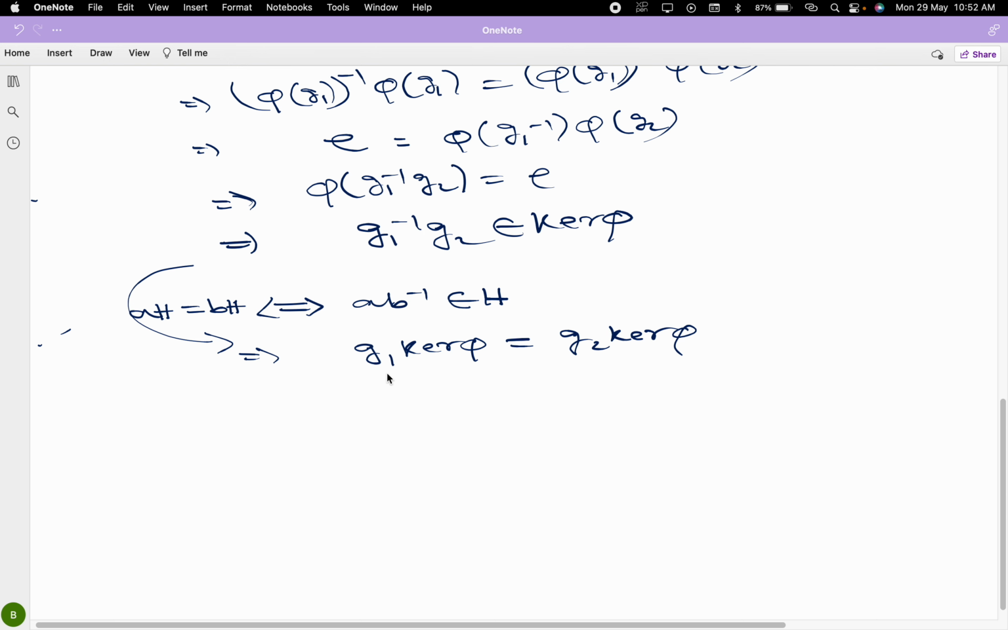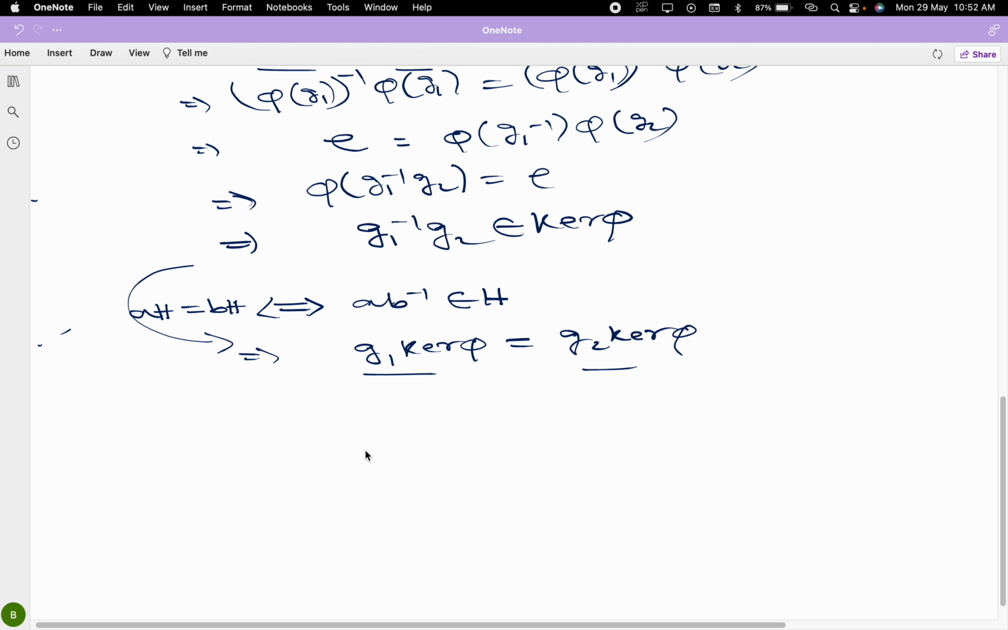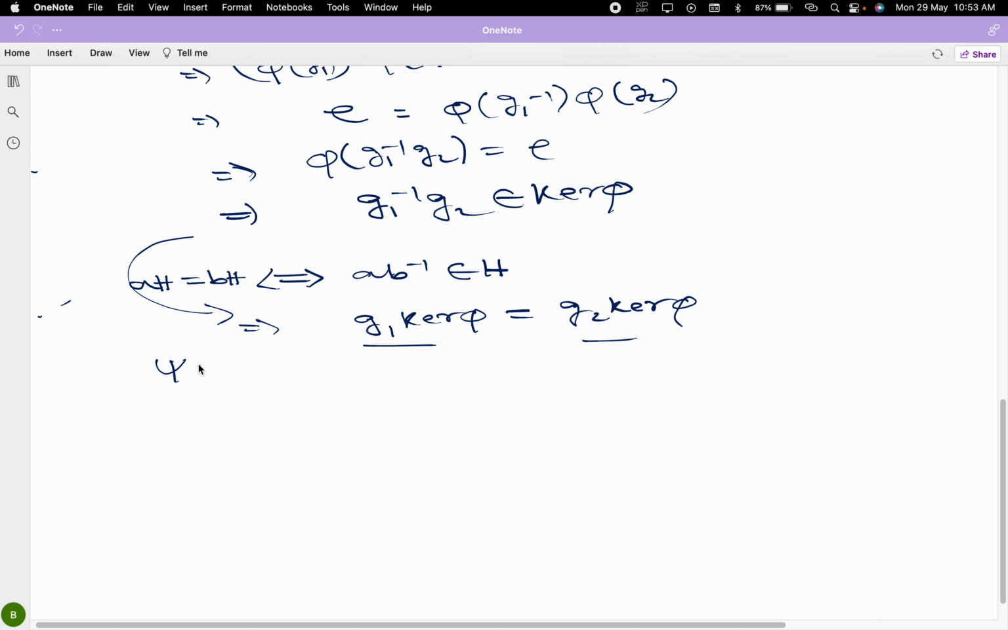It means that the elements are the same. We have taken two images the same, phi of g1 equals phi of g2, and we are getting g1 kernel phi and g2 kernel phi are the same. So this map psi is one-one. Okay, now we are only left with the onto portion,